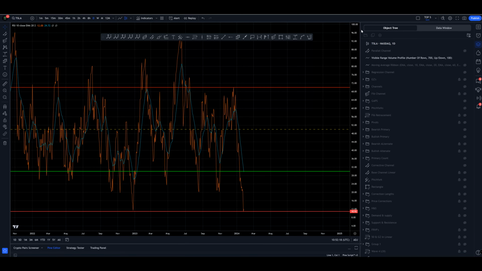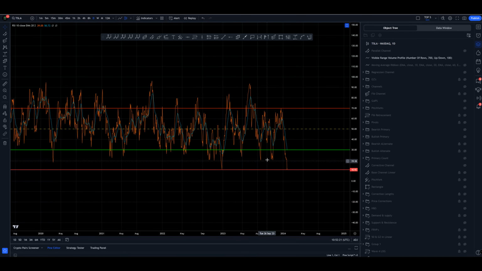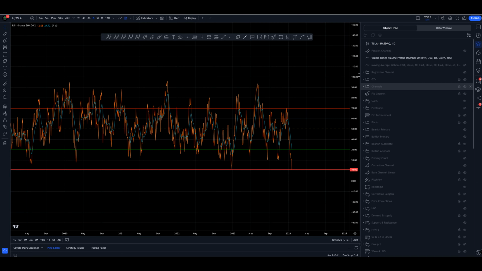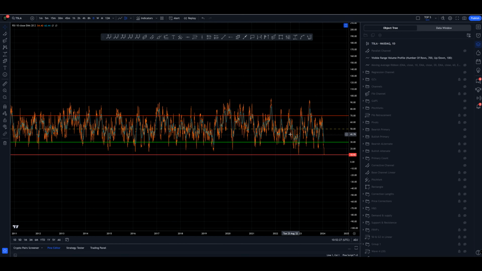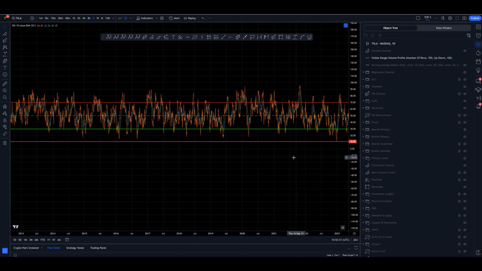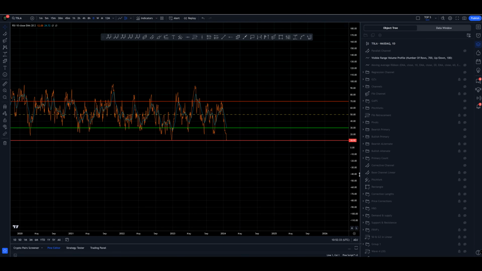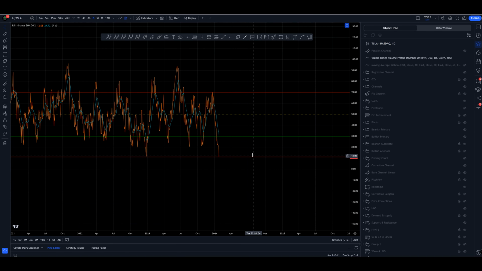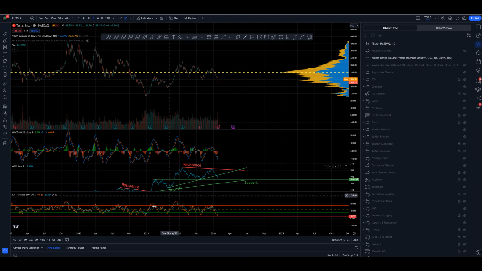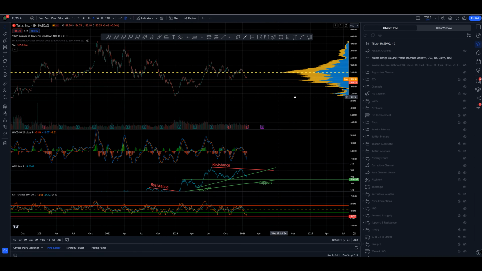So RSI, looking at the oversold conditions on the daily time frame down here at 10.92, we are the most oversold we've been in Tesla's charted history on the day time frame. Right, extremely bearish. Right, historically, if we go back through the chart and we look at the most extreme oversold conditions on the day time frame,